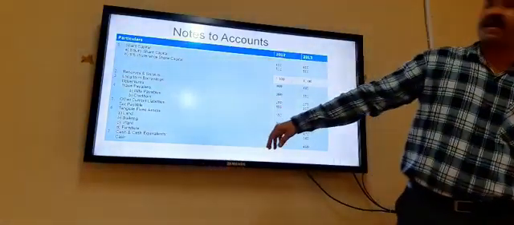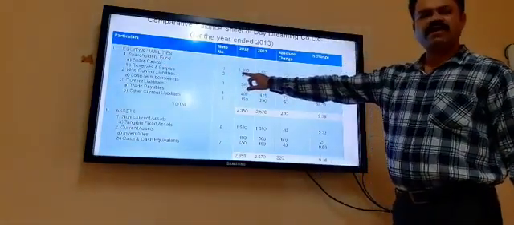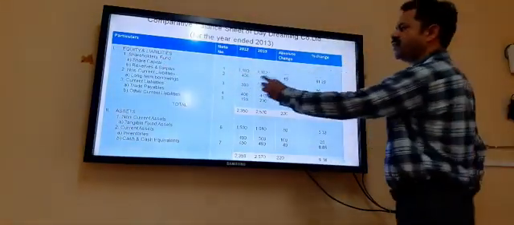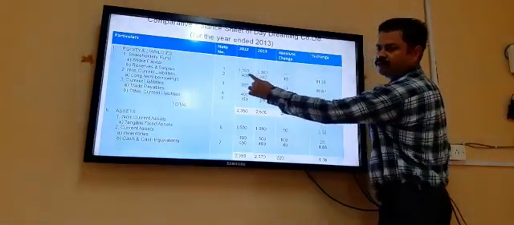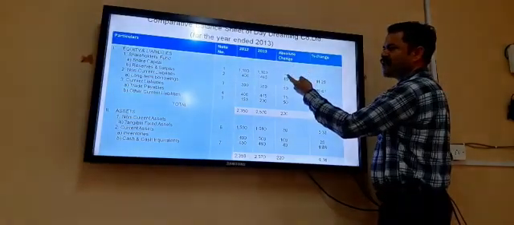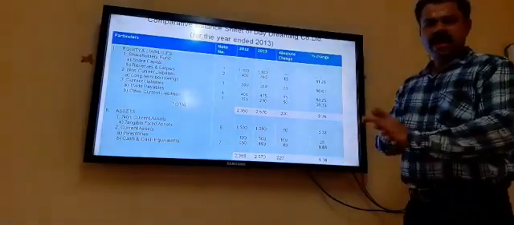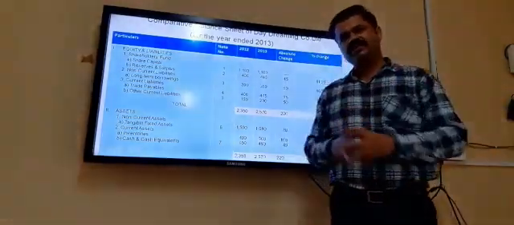Okay, now again I am coming back. You see, share capital, note number 1, 1100, 1100. Now you see the difference between these two values. No difference is there, both are equal. So therefore there is a blank, and if this is a blank, this will automatically be a blank. So the values are nil. Absolute change is nil, percentage change is nil.